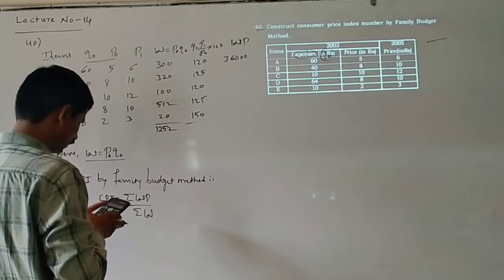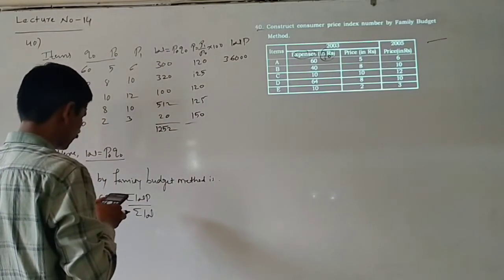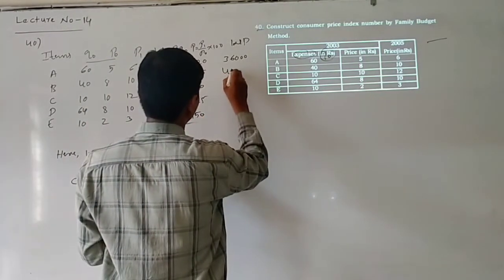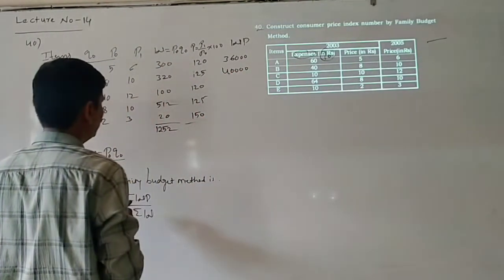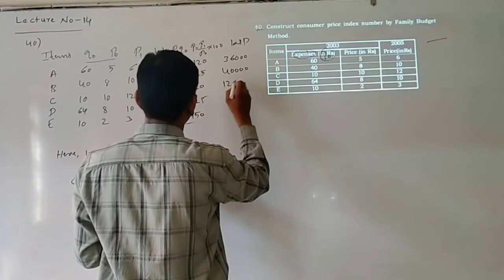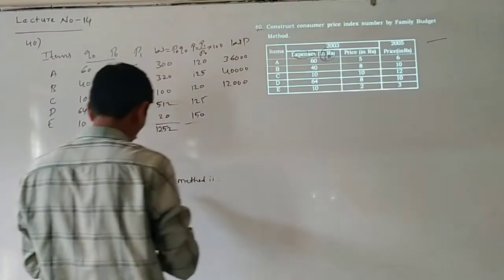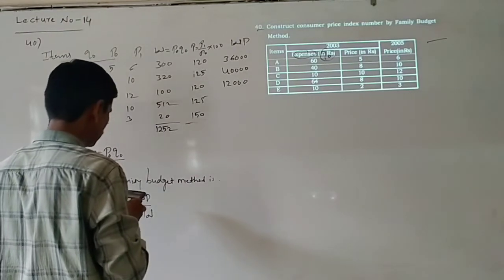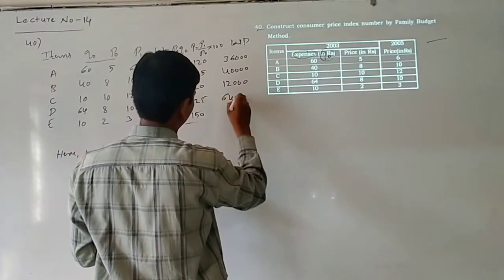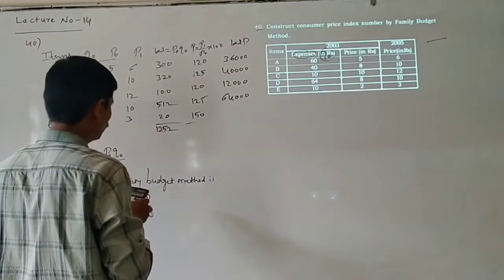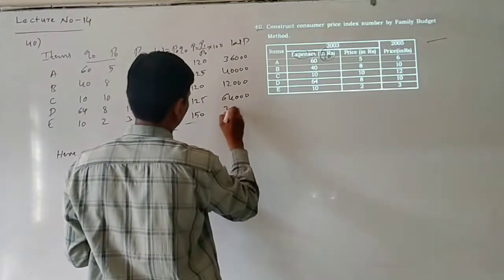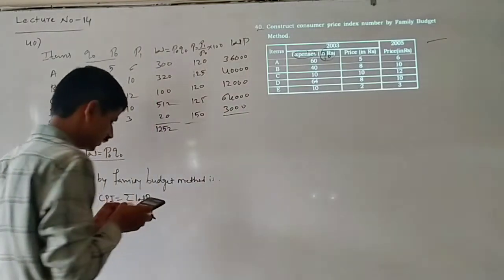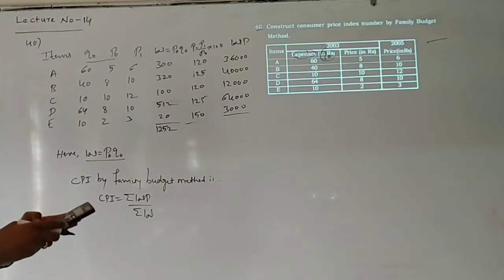Next, 320 into 125 is 40,000. 120 into 100 is 12,000. 125 into 512 is 64,000. 150 into 20 is 3,000. And sum of WP is 3,000 plus 64,000 plus 12,000 plus 40,000 plus 36,000